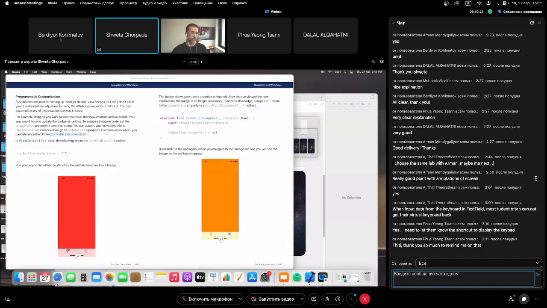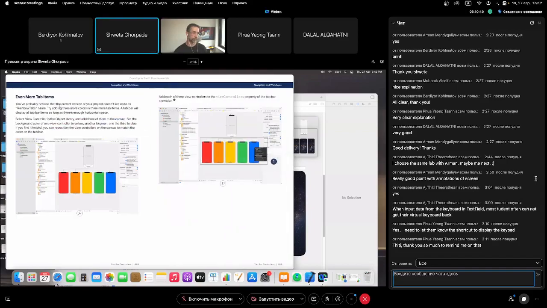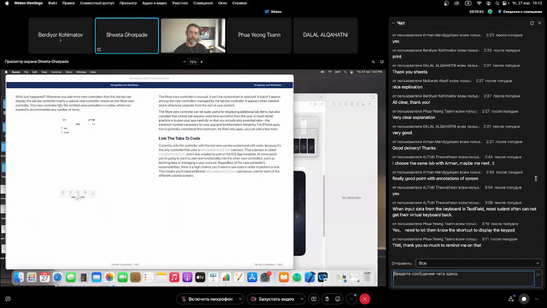And then after, I'll show them the programmatic customization, because sometimes storyboards do not allow runtime changes, right? So at that time, we can accomplish certain things by customizing with our programs. And last but not least, I'm also going to teach them how to link the tabs to the code, because